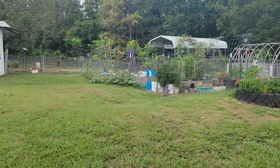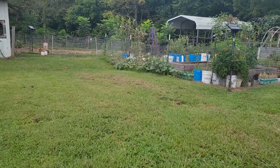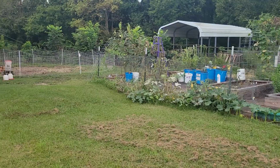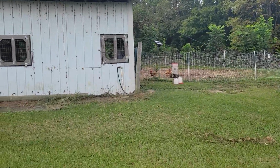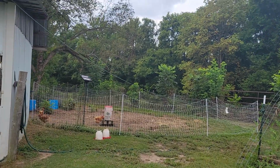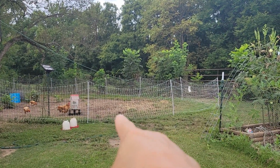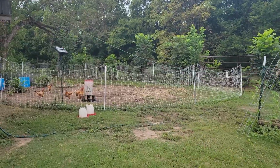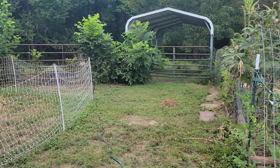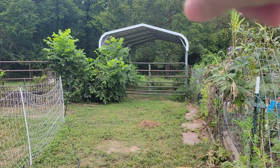But that's it. I want to put in more garden space, and I'm trying to figure out where. I don't want it too far from the house, and I'm thinking we're going to have to move some fence. I might be able to put some over here where we've had the chickens. I have to leave space to get the tractor in and out of this gate so that whenever we need to mow back there, we can. That's the only access we have for that whole